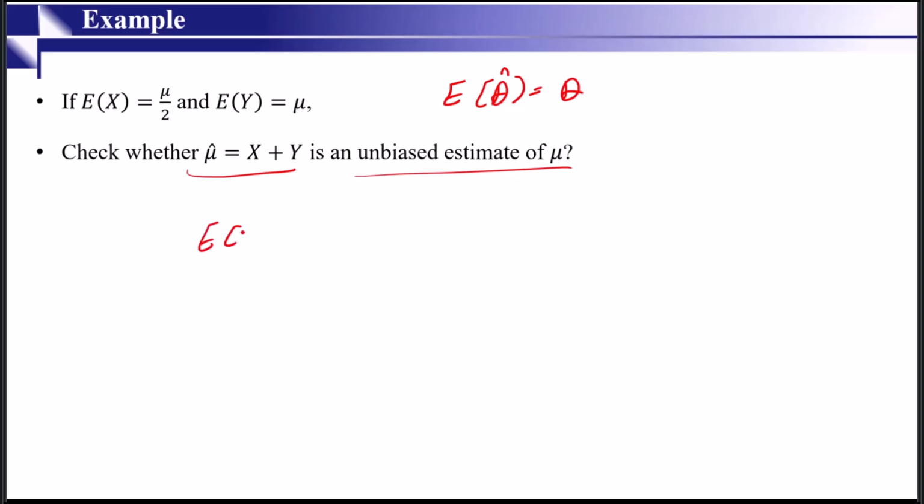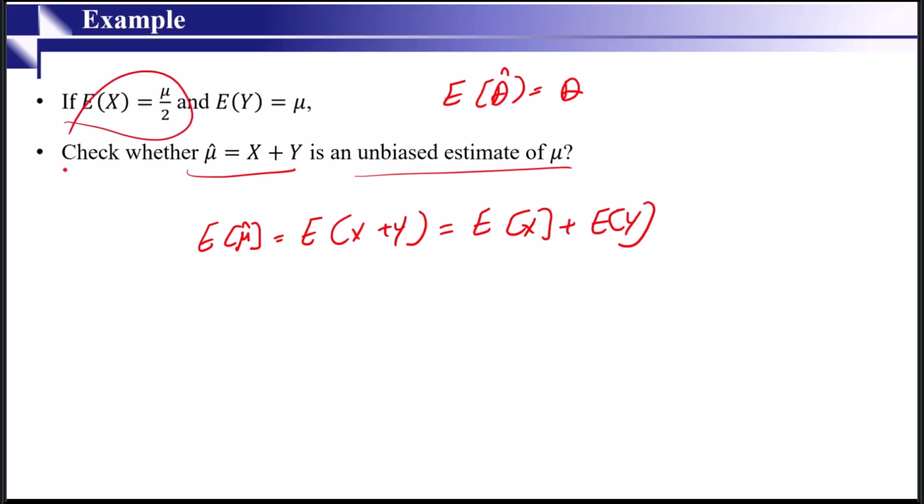So E of mu hat is equal to E of X plus Y, and this one is equal to E of X plus E of Y, right? Then we already have E of X as mu/2 and E of Y as mu, right? So we write this one as mu/2 plus mu, which is equal to